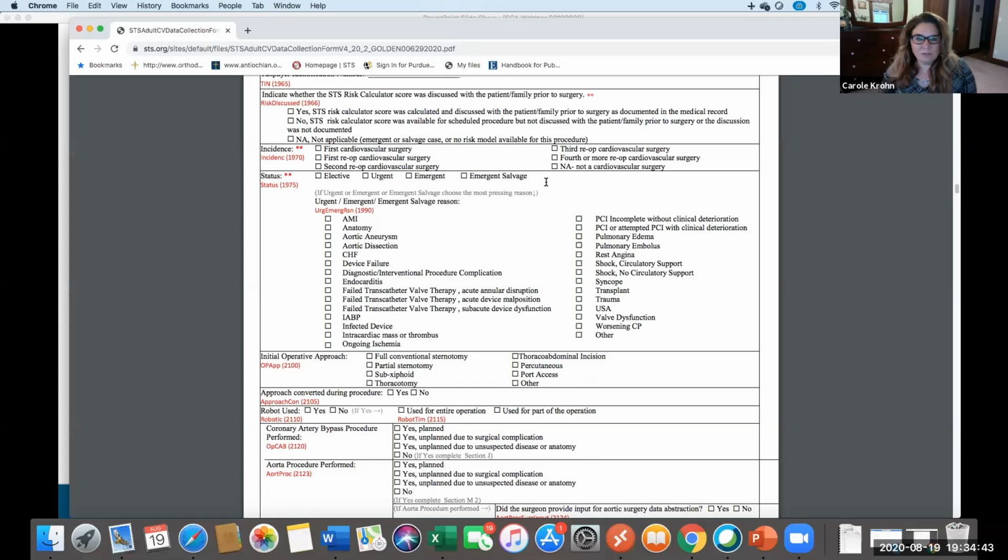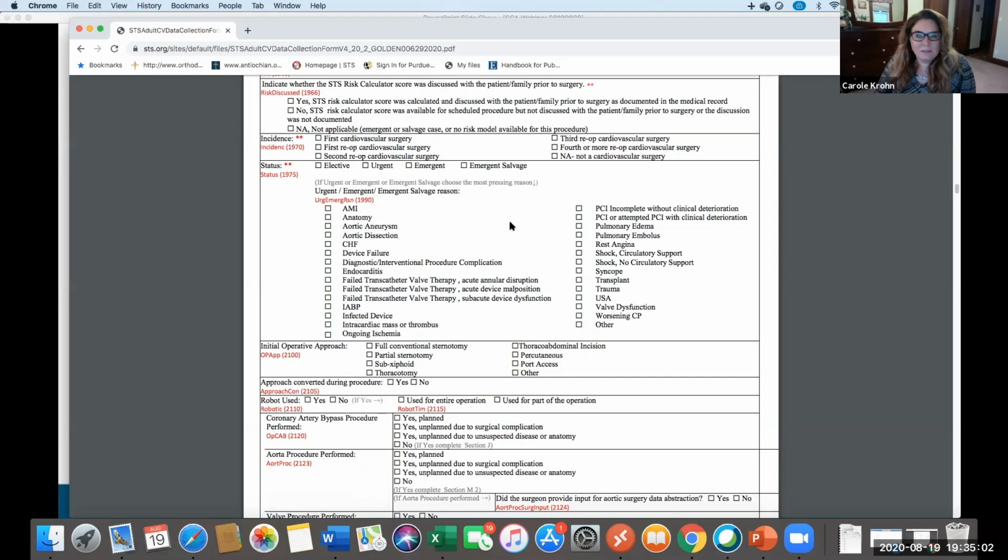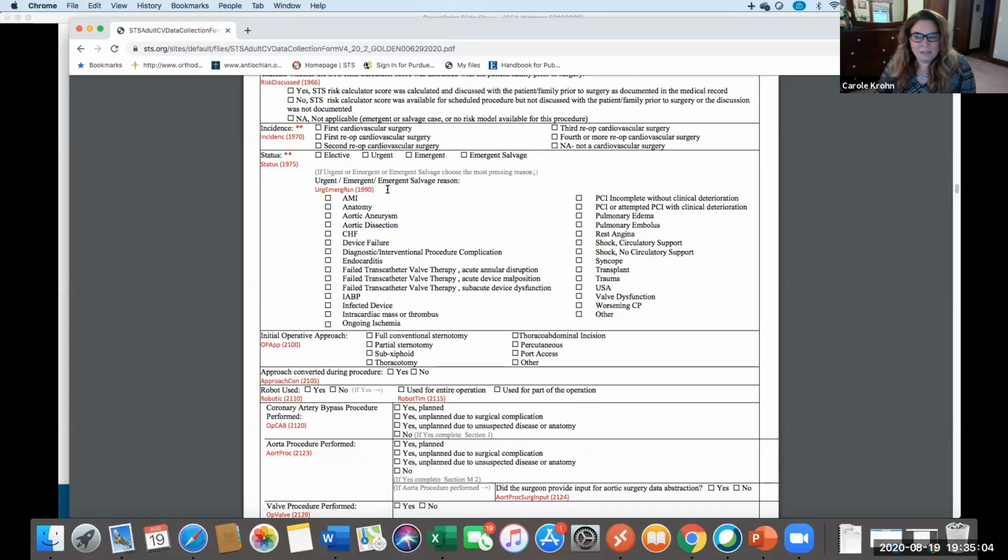There's associated risk with each of these levels. Because it's an emergent salvage, it is not removed from analysis. We do analyze that case, but there is a significant increased risk with emergent salvage cases compared to emergent or urgent. One thing that we did different in this version is that we started collecting emergent salvage reasons, because we